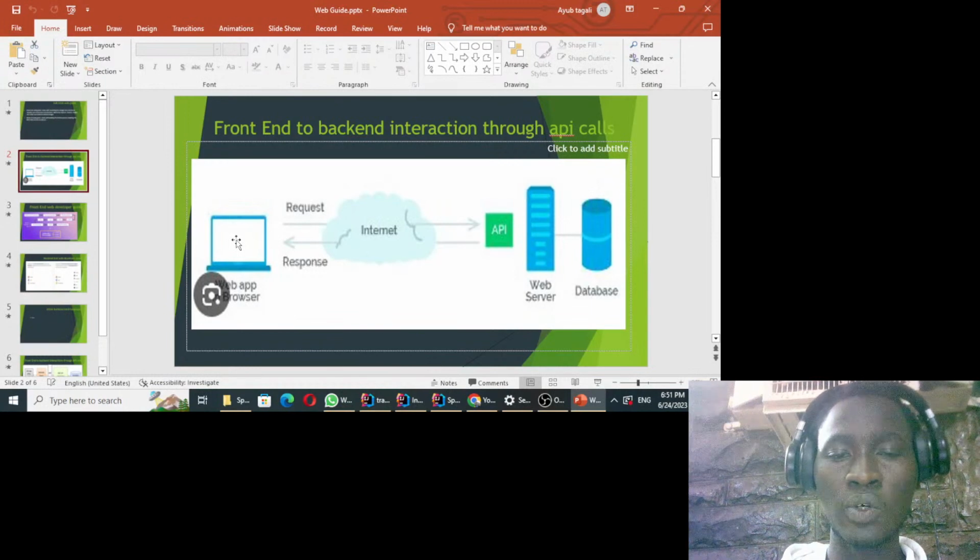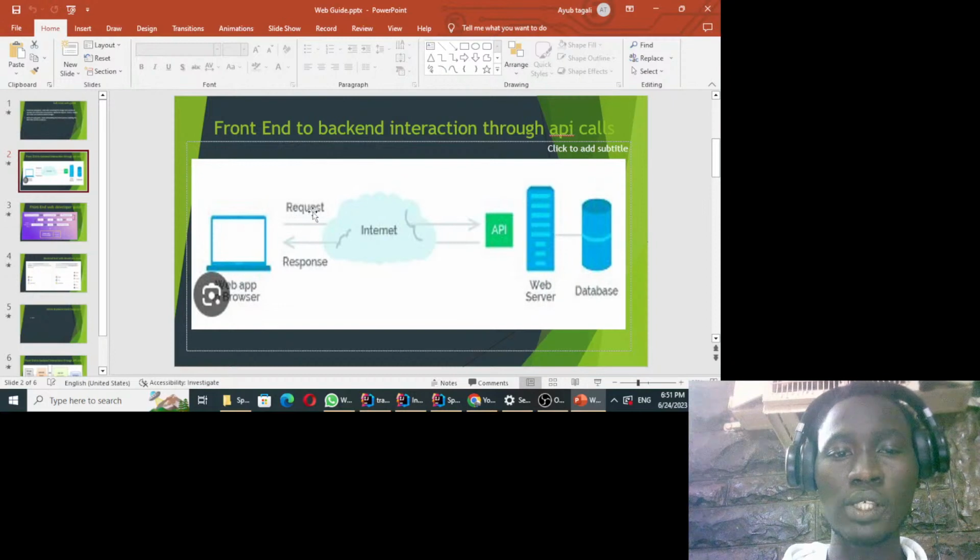So a typical example would be, let us say we have a social media application for chatting and logging in. We will have a front-end application which will normally be used by your users. And here, when the user comes, they want to log into that application. So they provide the username and password. When they click on login, they are going to submit this data, the username and the password, over the internet. This is the request to log in.